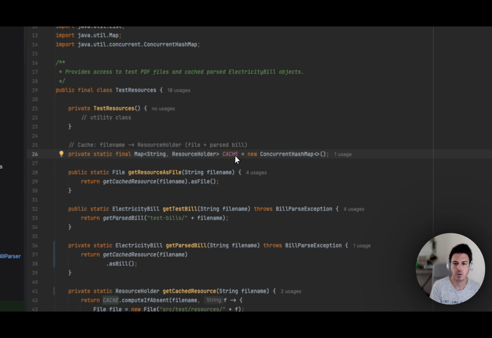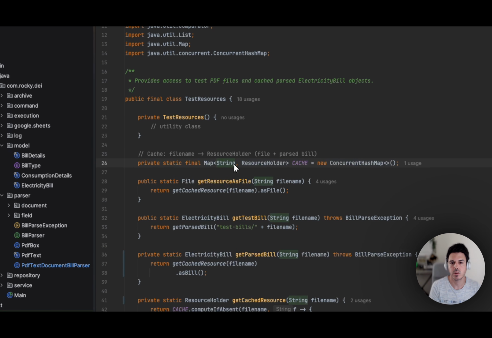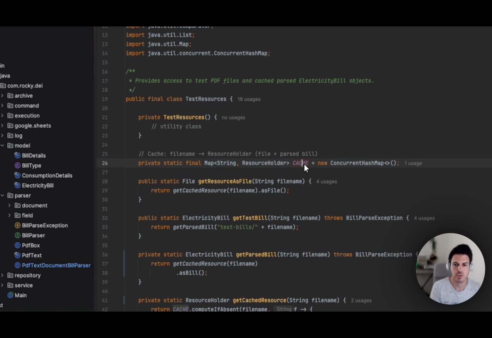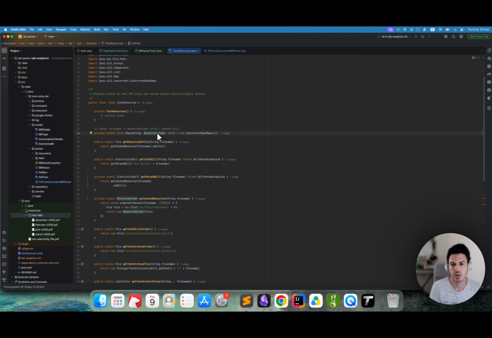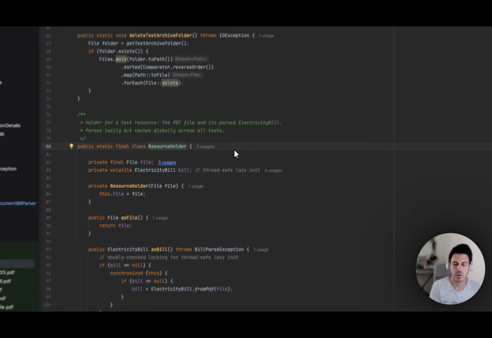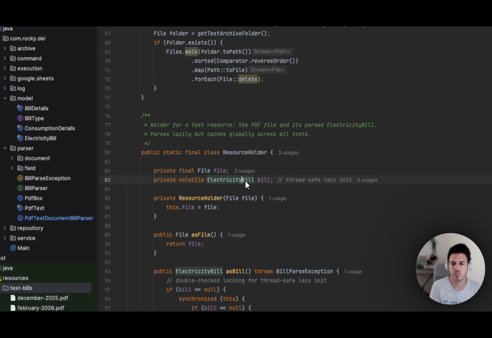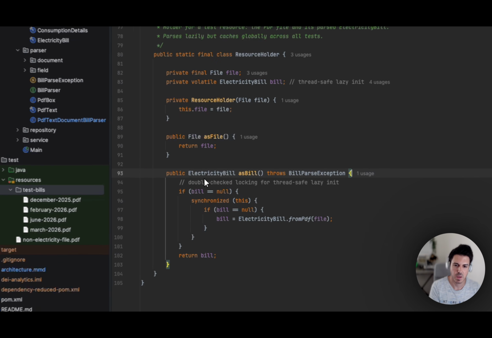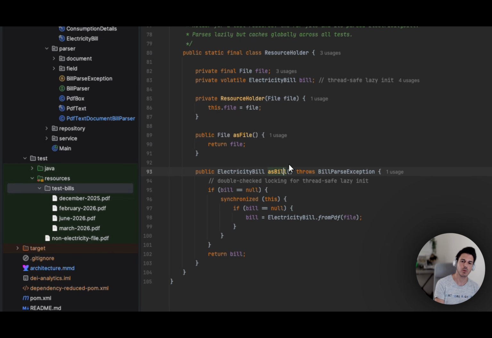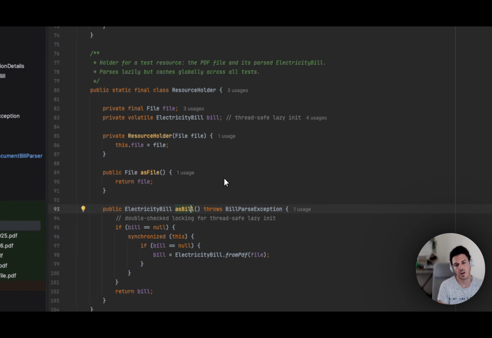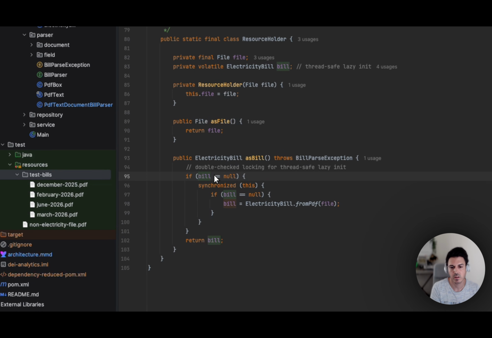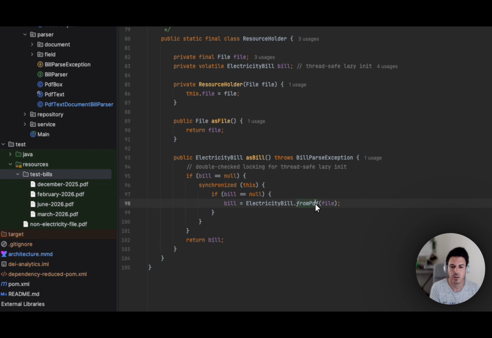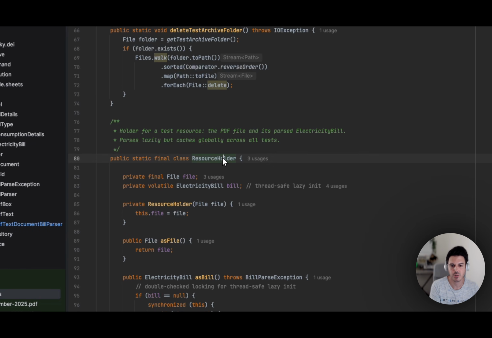So we are holding in a concurrent hash map entries with the file name and the cache and the resource holder, which is the DTO, which is holding the file and the respective model for that document. Notice this interesting method here called asBill. If a test is calling this method, then it's going to lock this entry and calculate the model and populate that resource holder entry